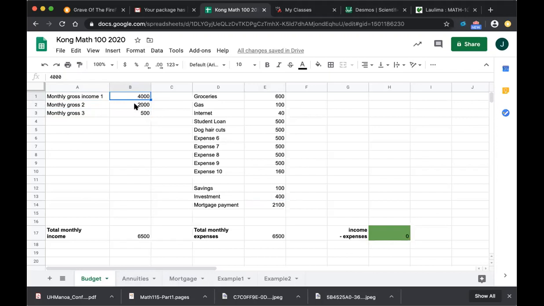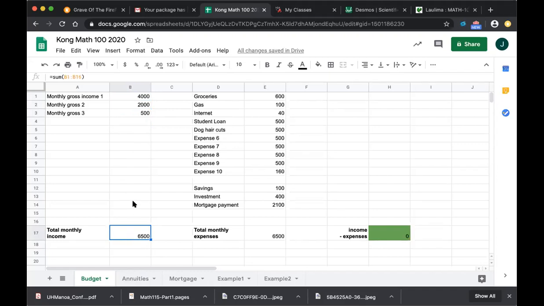I chose these numbers here, 4,000 and 2,500, because this right here, 6,500, is about the median household income in Hawaii. I just looked that value up. It's roughly 6,500 per month. And okay, so maybe this is what you earn at your job. Maybe this is someone else in your family earning this. And then I don't know, something like rental income, or maybe you're selling a small amount of marijuana or something per month. Okay, so